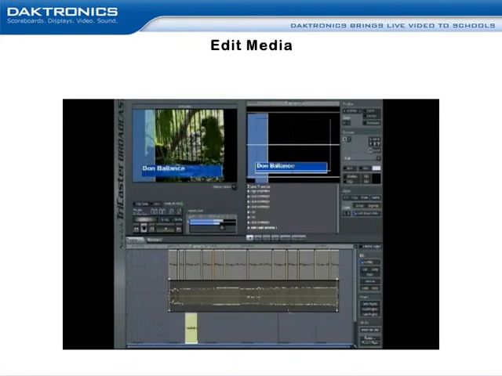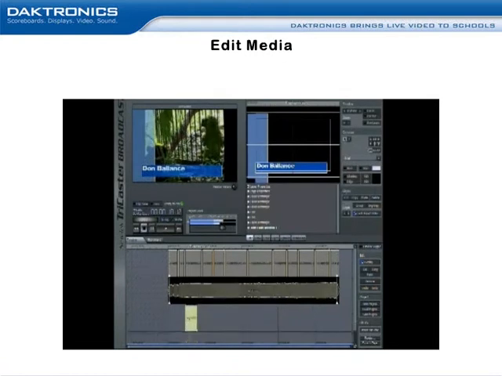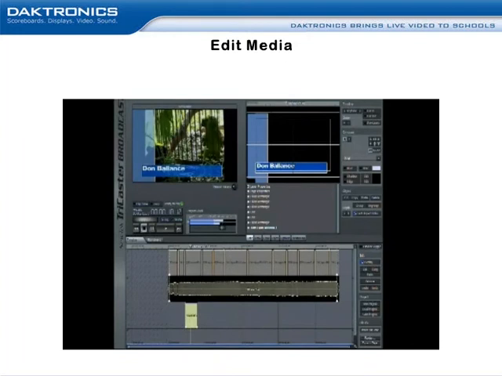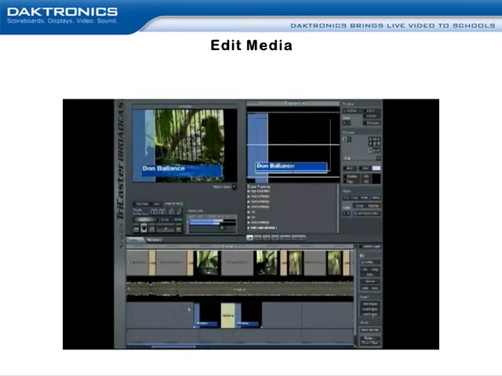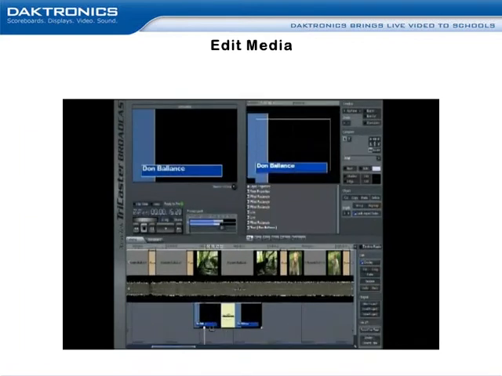And again, we're going to zoom out just a little bit here, and we're going to zoom in on this title that we created, and it also has fade handles. So we can do a fade up and a fade down. And again, if we play this,